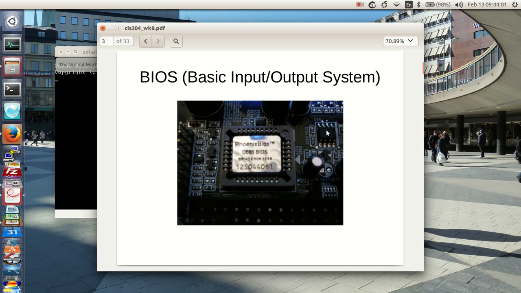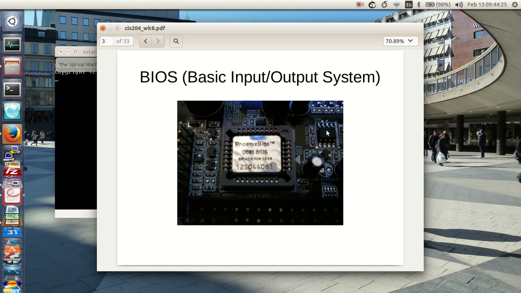So this is what a BIOS looks like. It's actually a basic input-output system. It's an EEPROM, electrically erasable programmable read-only memory. And it's read-only, but it's not read-only. It can be written to.